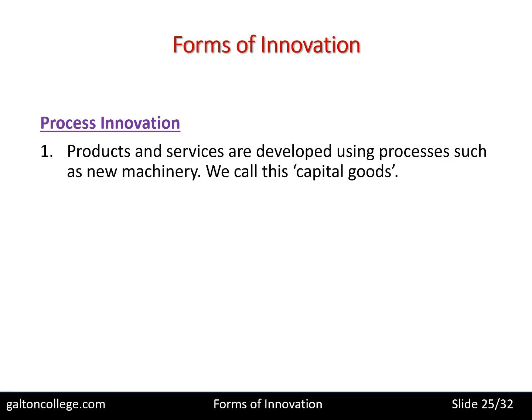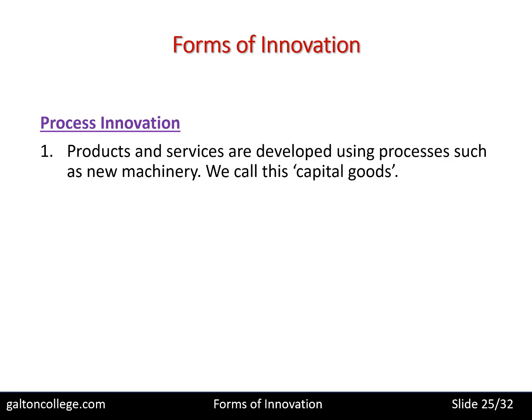A company may have a machine to bend metal. Well, someone within the company may come up with an idea of a better way of bending the metal. That's an innovation. And eventually other companies will start using that innovation. And then someone else will come up with a different way of doing the same process. So we find innovation not just in the consumer market, we find it in the capital goods market, where there